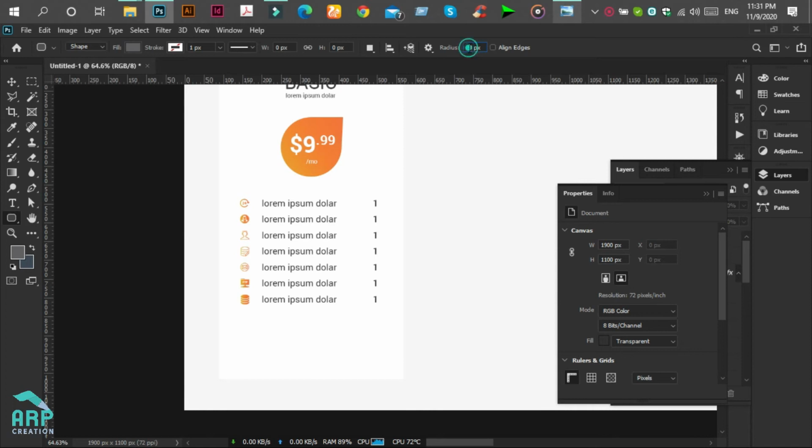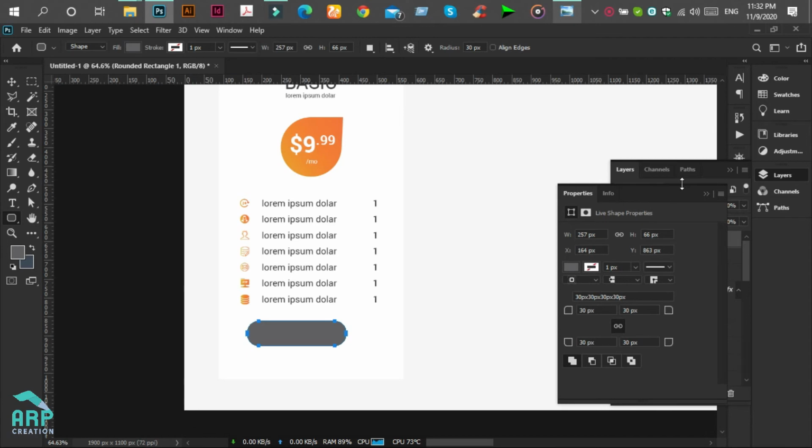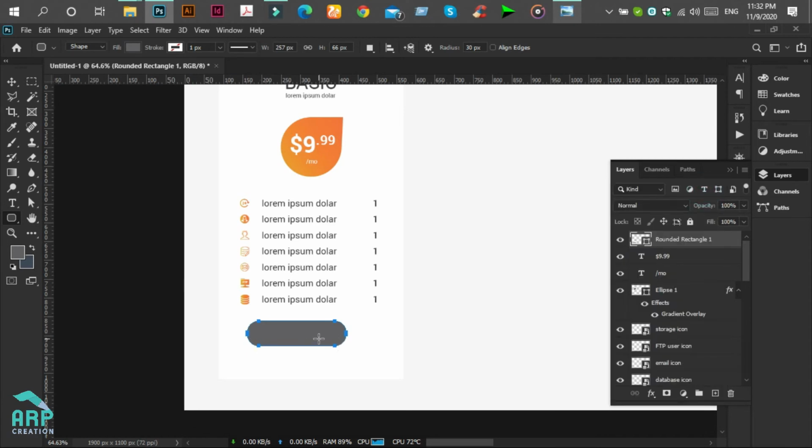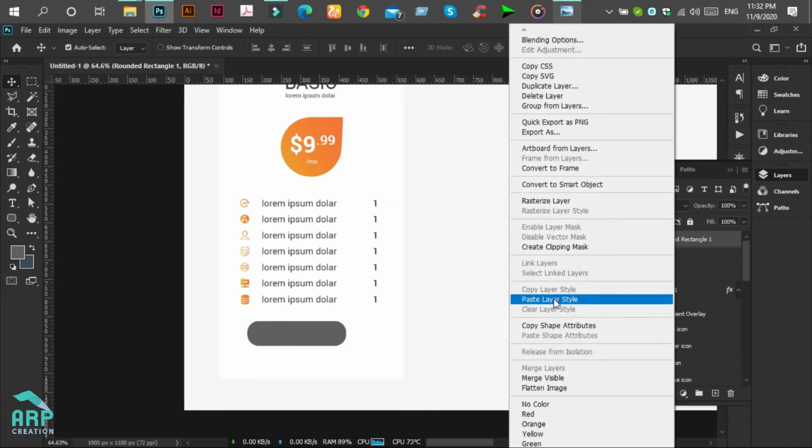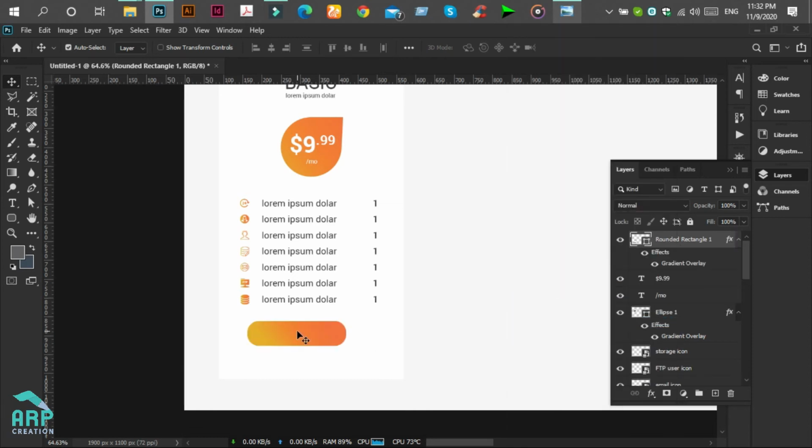And change the radius size to 30 pixels and create a new rectangle. We should change this rectangle color to this color. So select this layer and copy the layer style, then click on this new layer and right click on this layer, then click on paste layer style. Okay, perfect.